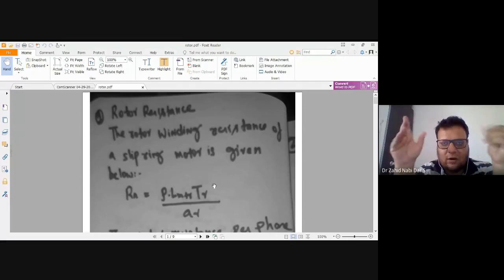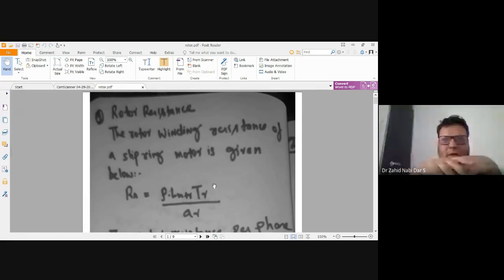In reality, we do not have any pure inductor or pure capacitor. We have some component of resistance involved. Although the name suggests induction motor, as far as the winding is concerned, or for that matter the transformer, the copper winding comprises some amount of resistance. Although the resistance will not be very huge, the predominant quantity would be inductance, and also there would be a little amount of resistance. In an induction machine also there would be some amount of resistance involved.